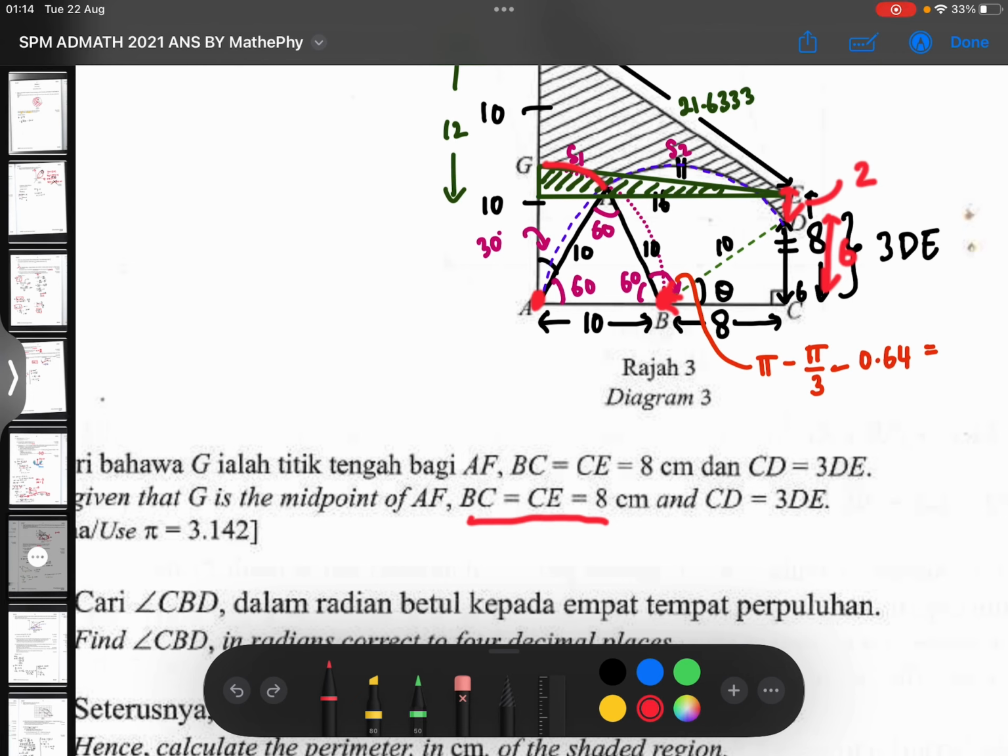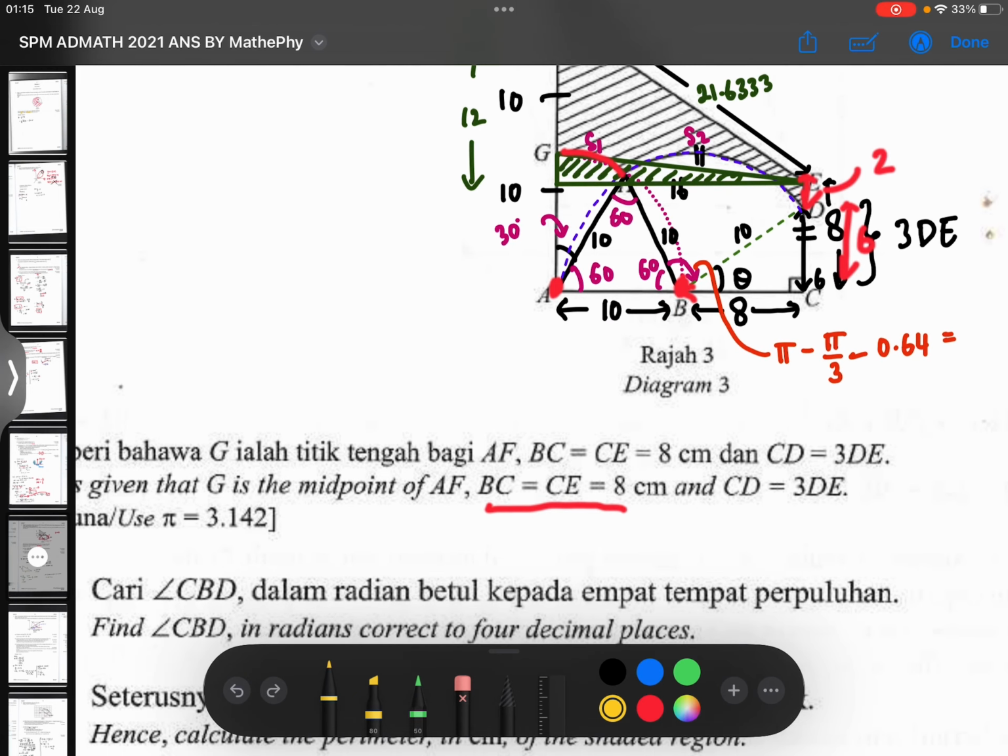Why? Because this is the common radius for both the quarter circle and the big sector. This is actually the radius of the big sector AHD, 10. And also, this is the radius of the quarter circle too,